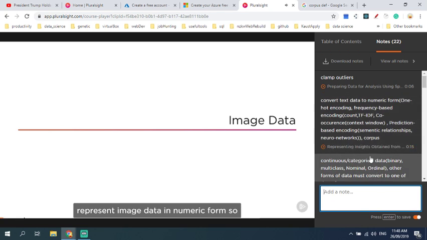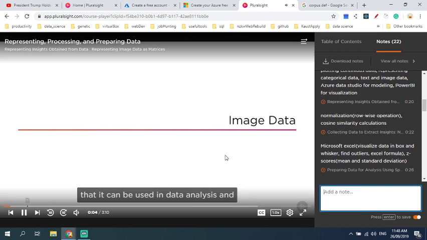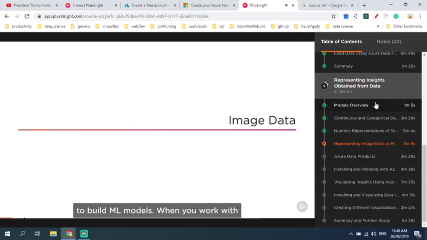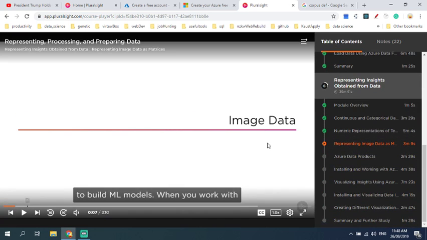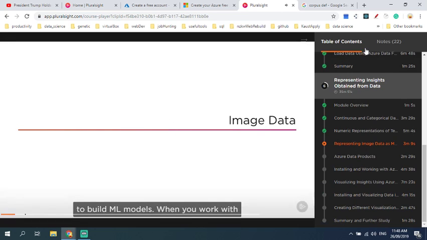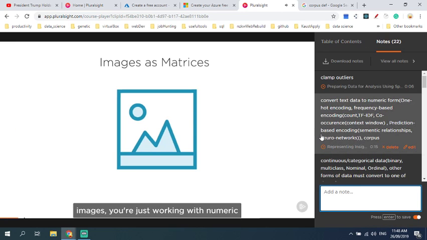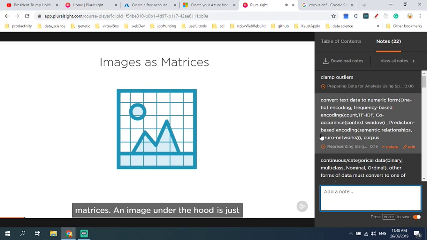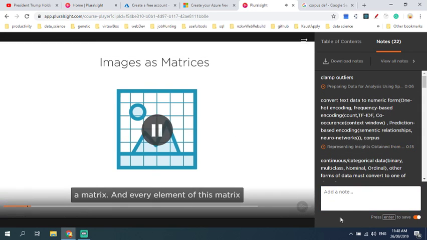In this clip, we'll see how we can represent image data in numeric form so that it can be used in data analysis and to build ML models. When you work with images, you're just working with numeric matrices. An image under the hood is just a matrix, and